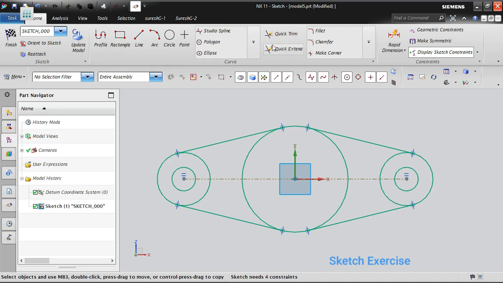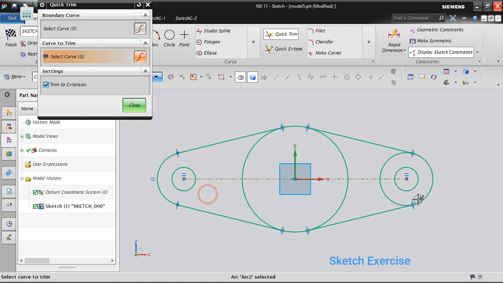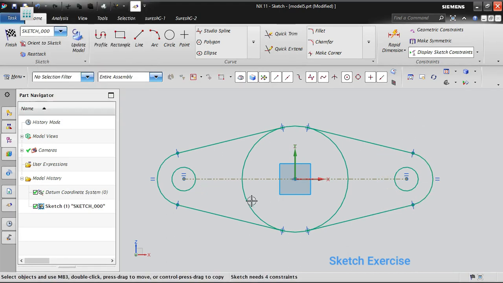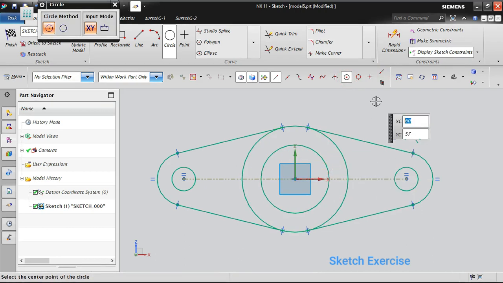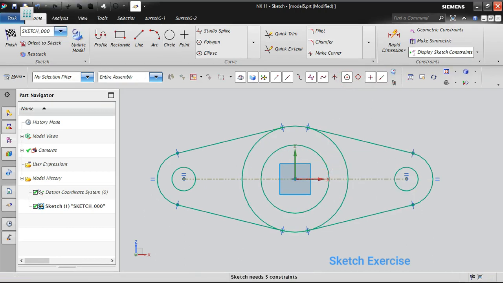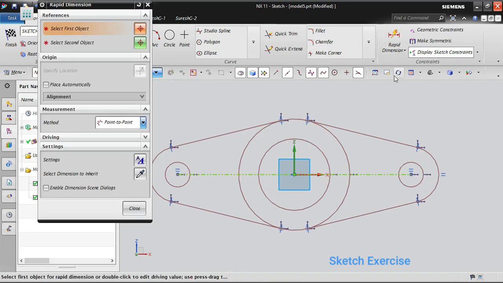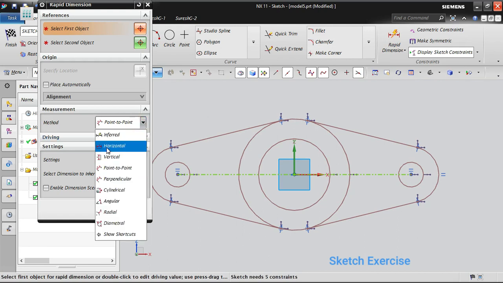Okay, right. So now I'm going to trim this area. Only now I'm going to give all my dimensions. Internally I need this circle as well and this tangent as well. So everything we got now, and in the middle I need one more circle, so I'm creating that circle as well. From this center I can create it. Just created it. Okay, all my geometrical constraints are completed now. Only the dimensional constraints I'm going to take care of.